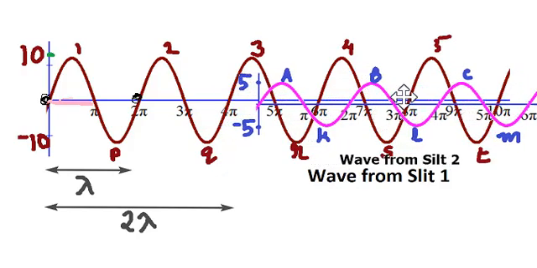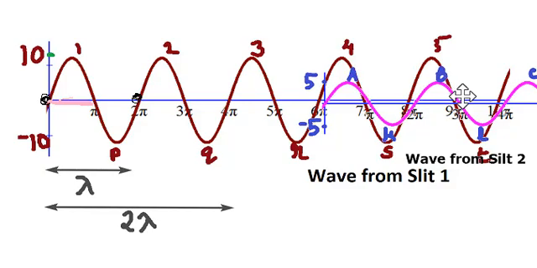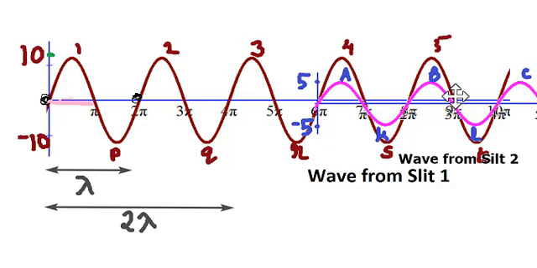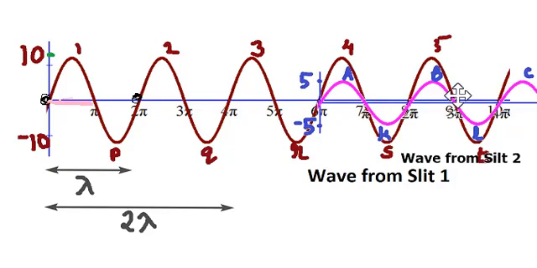What will happen if the difference is 3 lambda? Again you will get a new wave whose amplitude is 15. So at all points on the screen where the path traveled by the two waves differs by lambda, 2 lambda, 3 lambda, you are going to get a wave of amplitude 15. You get maximum at those points. And all those maxima will have the same amplitude, 15, the same intensity.